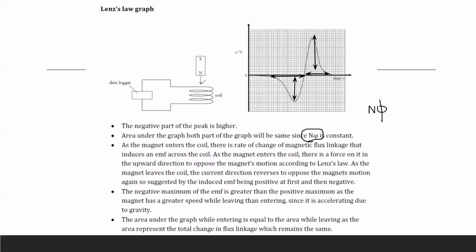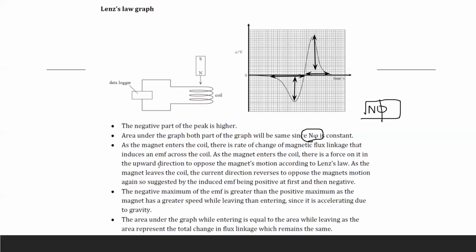Because the magnetic flux linkage, or number of field lines passing through unit area through n number of turns, is constant, that's why the area of both peaks is the same. So what happened as the magnet enters the coil: there is a rate of change of magnetic flux linkage which induces EMF. As the magnet enters the coil, there is a force on it upward which tries to oppose it